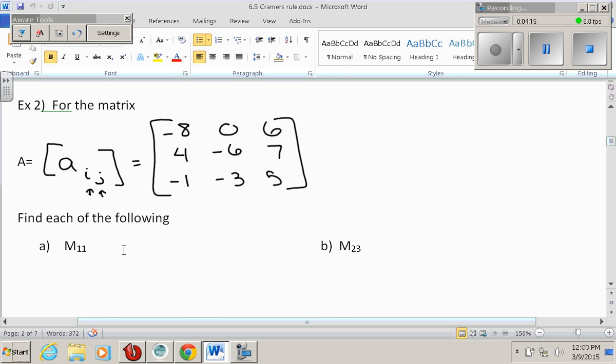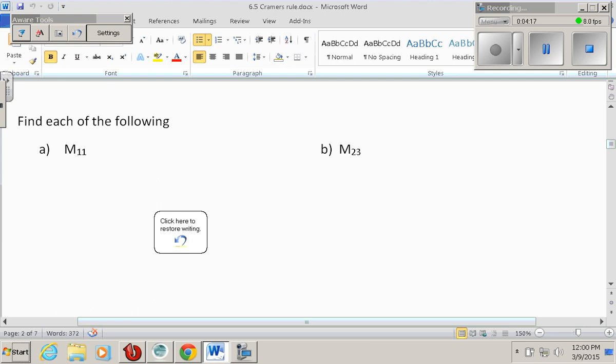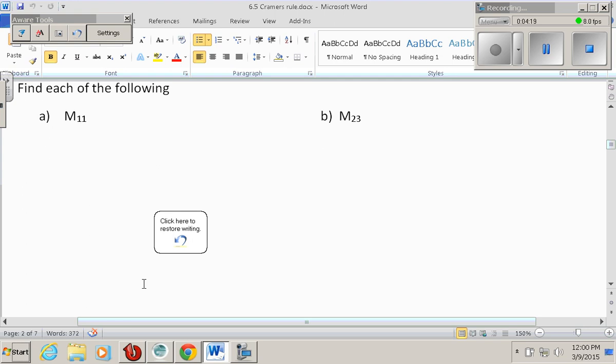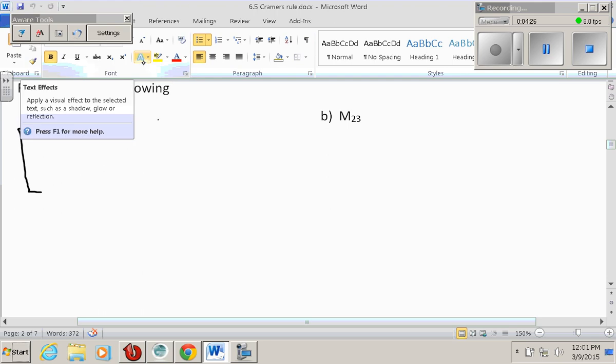Okay, I'm going to have to move this again, so I apologize in advance. Okay, so let's start with A. And again, we want minor 1, 1. So we're going to put